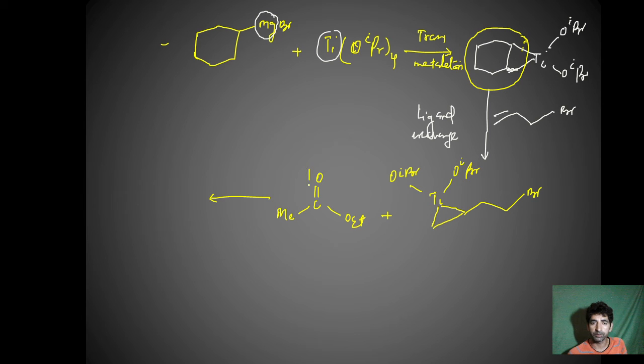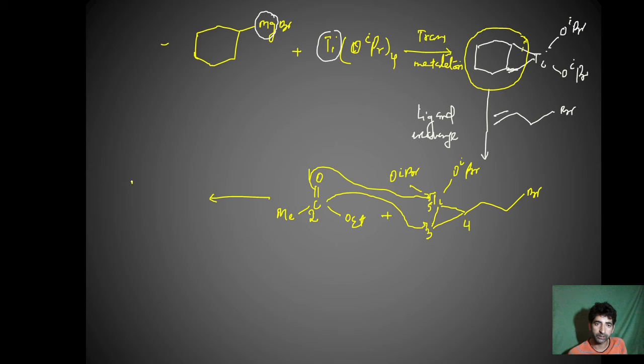Let this be our carbon 1. This is our atom 1. This is atom 2. This is atom 3. This is atom 4 and this is atom 5. So what happens over here? A bond is formed between this oxygen atom and titanium. Over here a bond is formed and a carbon-carbon bond is formed between this carbon 2 and carbon 3. This bond is formed between carbon 2 and carbon 3.